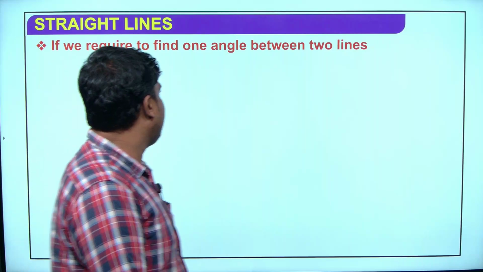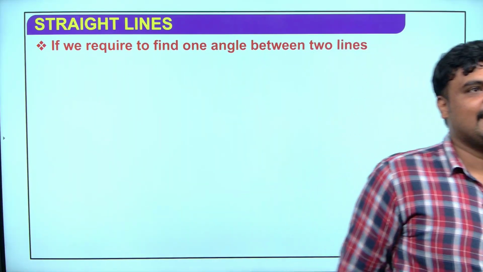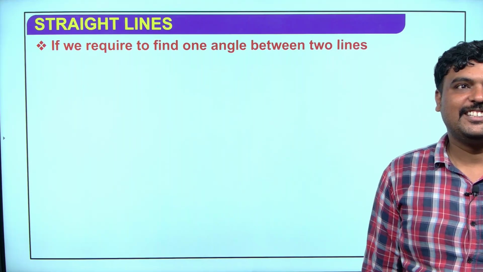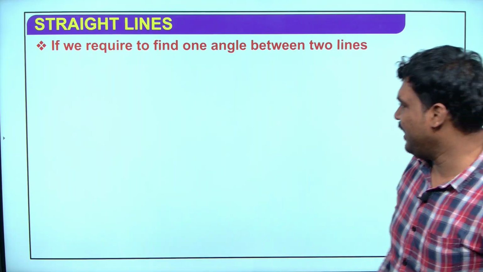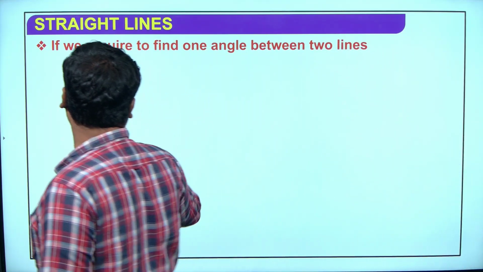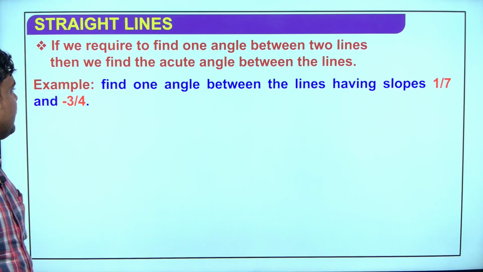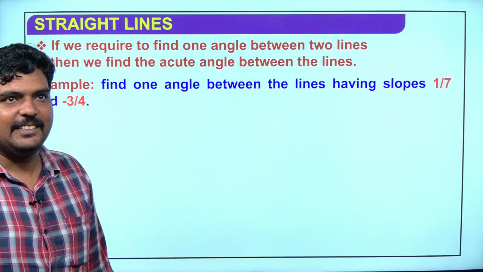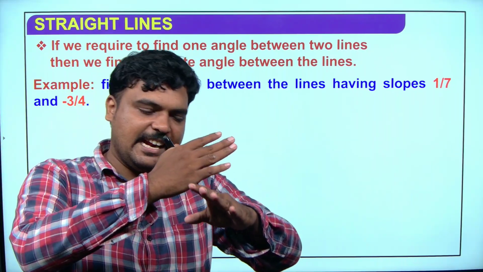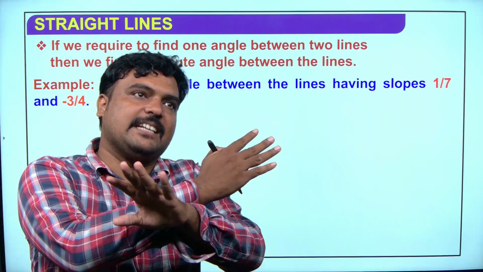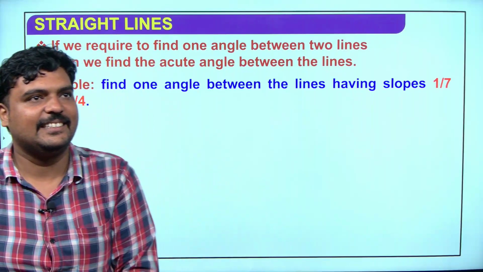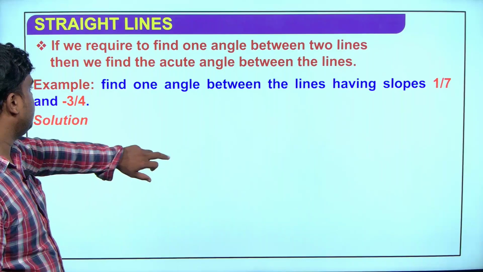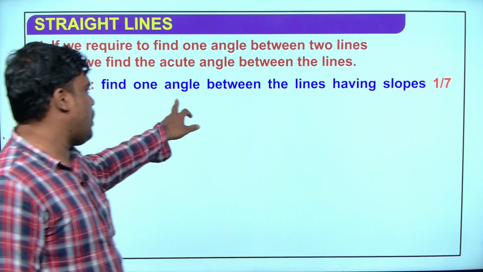Okay, if we require to find one angle between two lines, Mr. Sugindran, this question is for you. If we require to find one angle between the two lines, then what has to be done? Then we find the acute angle between the lines. It will always be an acute angle, right? There are two angles, and definitely it will be less than 90 degrees, right? It cannot be cut in after 90 degrees. So find one angle between